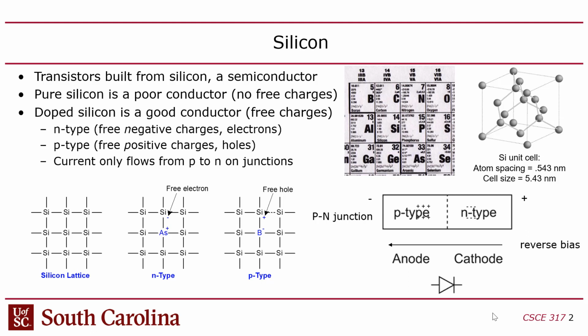Likewise, the negative voltage on the P side will push the electron charge carriers away from the junction. So basically, the charge carriers get pushed away from the junction, and so current will not flow in that direction. That makes sense? Okay, so